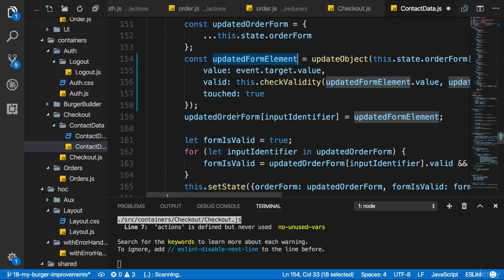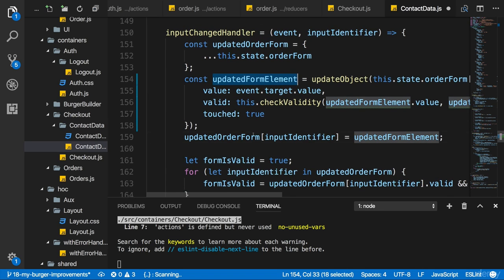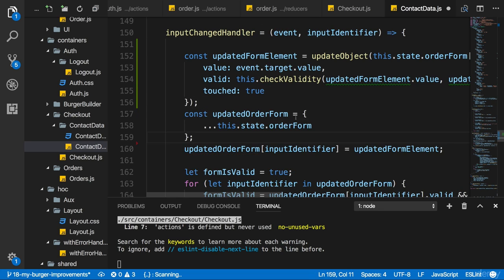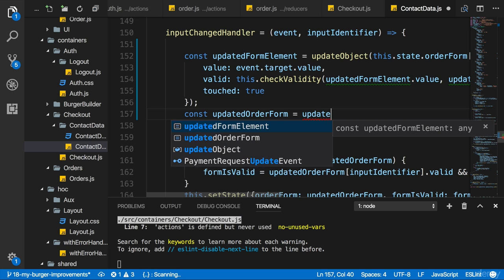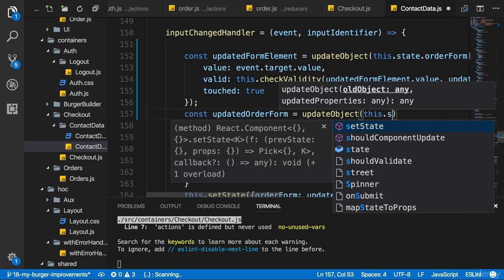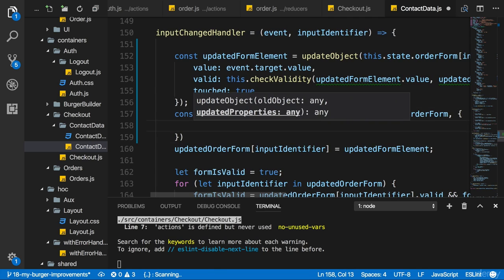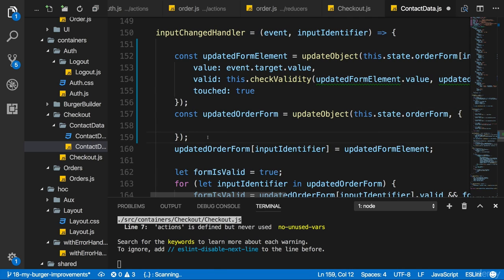And now we want to update the overall order form for a given input identifier. Well, for this, we can now take this code here and create this constant, but create it by also calling update object here, passing this state order form as the old object, and a JavaScript object where we want to configure the new properties.